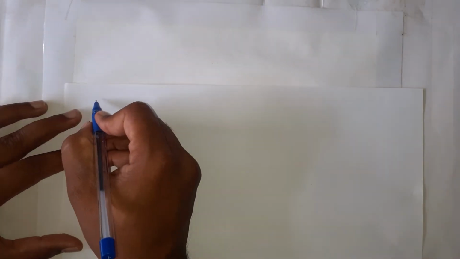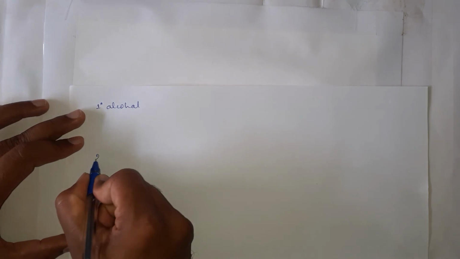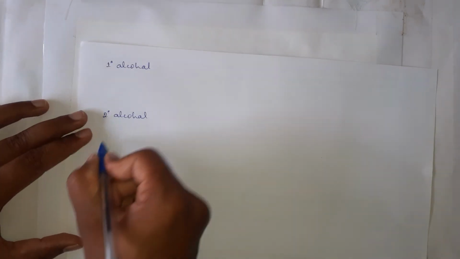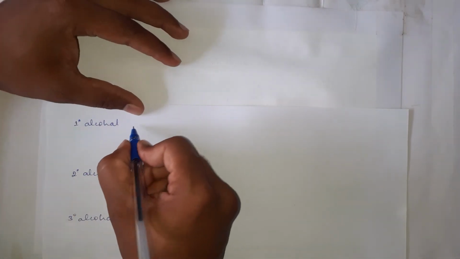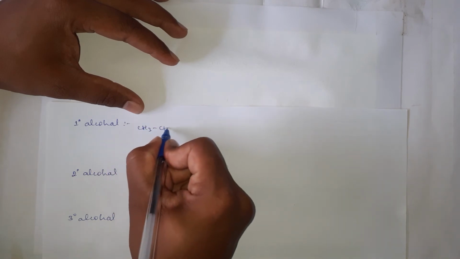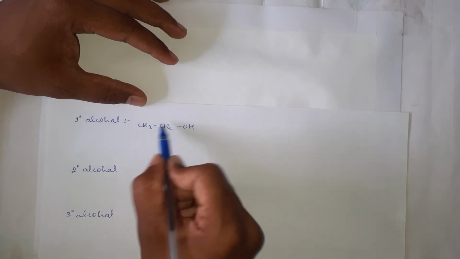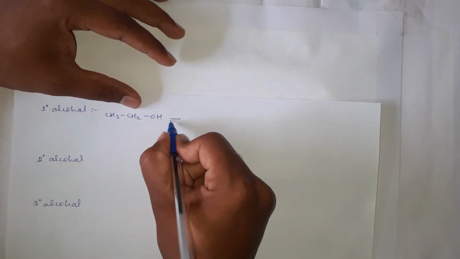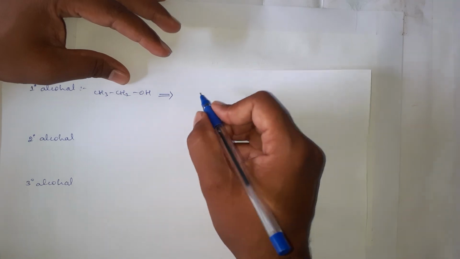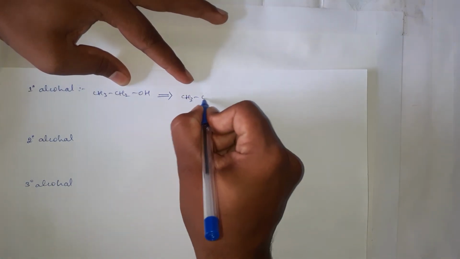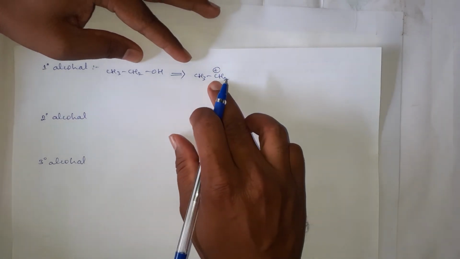here, by studying the structure of these three alcohols: primary alcohol, secondary alcohol, tertiary alcohol. Here I am writing one example for the primary alcohol, CH3CH2OH. This one is the primary alcohol. This is primary carbon, primary alcohol. And during the SN1 mechanism, in the first step, the formation of carbocation takes place. And here CH3CH2+. This is the carbocation which we are getting in the first step. Primary carbocation,